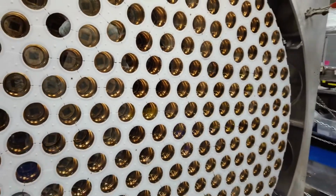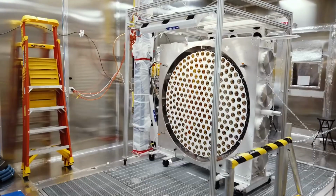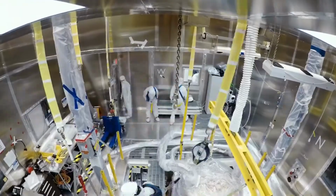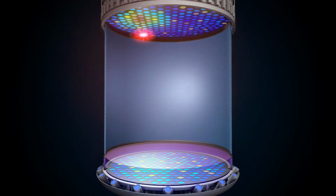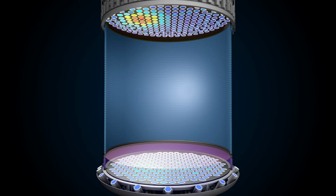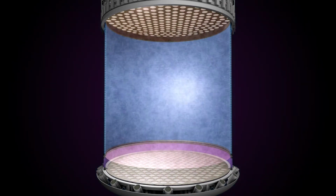And the final and most important part of the experiment contains 10 tons of liquid xenon, which is a quarter of the world's annual supply, surrounded by a shielding of titanium. And when a supposed WIMP or dark matter particle interacts with the xenon, it will create both light and an electric charge. Over 500 sensors of this light will be able to determine the exact properties of the particle that interacts with it and determine whether or not it is truly dark matter, or just an outside disturbance,